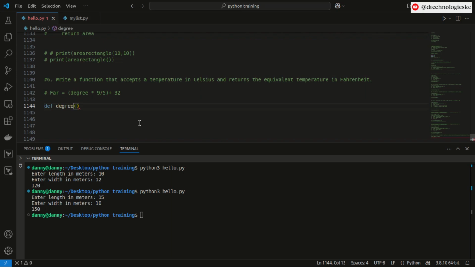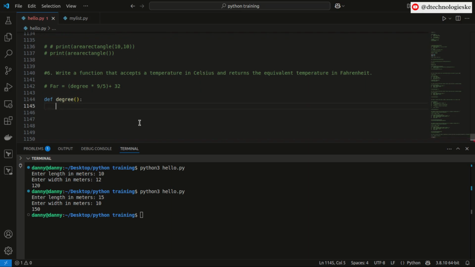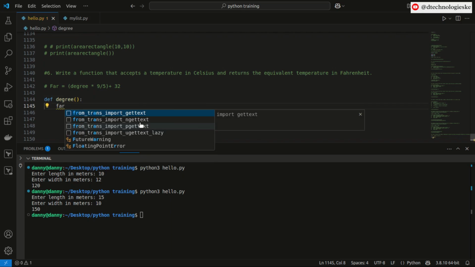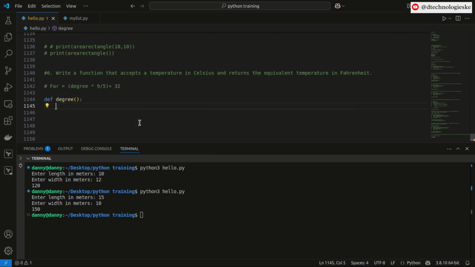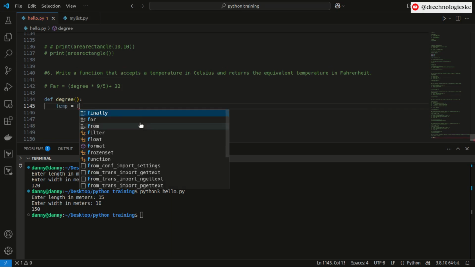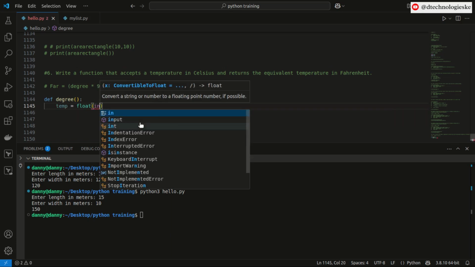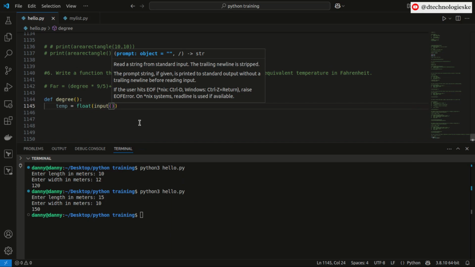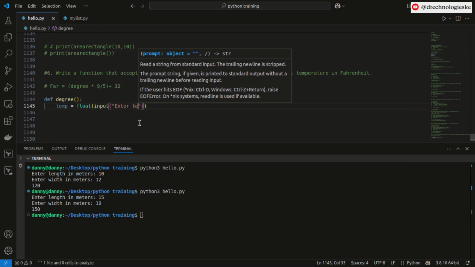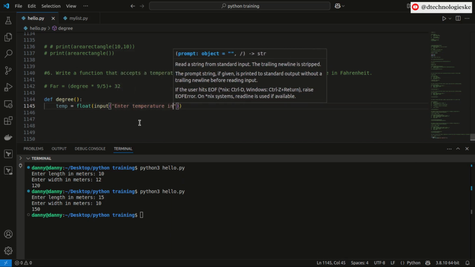All right. Then do we need to take in some parameter? Maybe not. So we can just come in here and talk about it. Let me take the degree from the user input temperature. In this case, we can have float. I'm not sure if it's gonna work. Input, enter temperature in